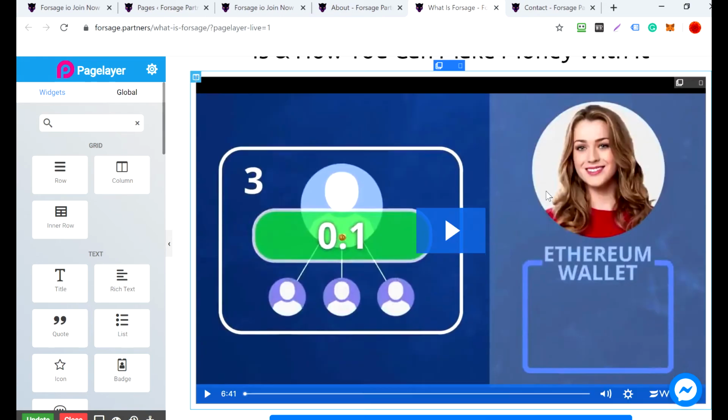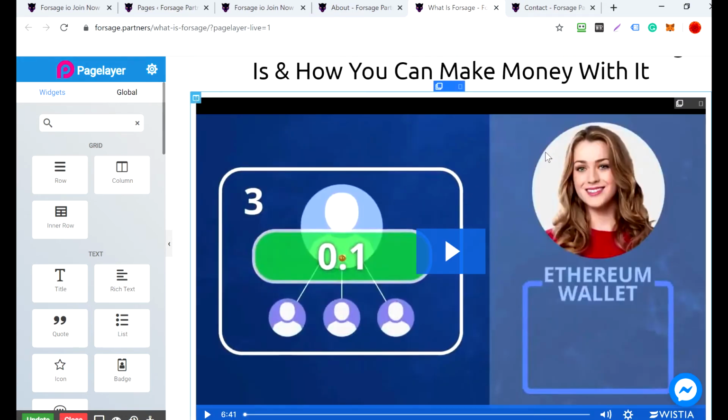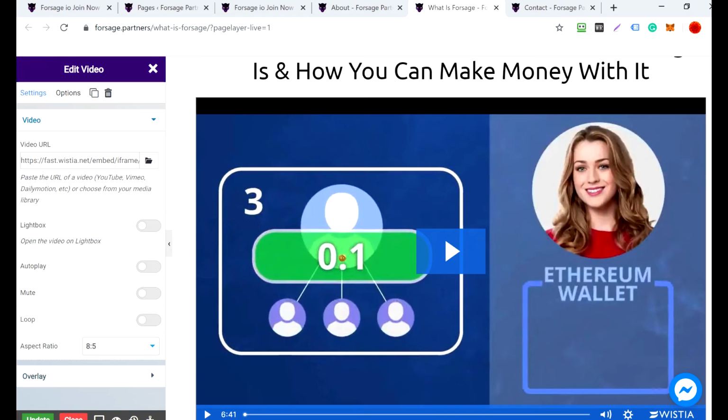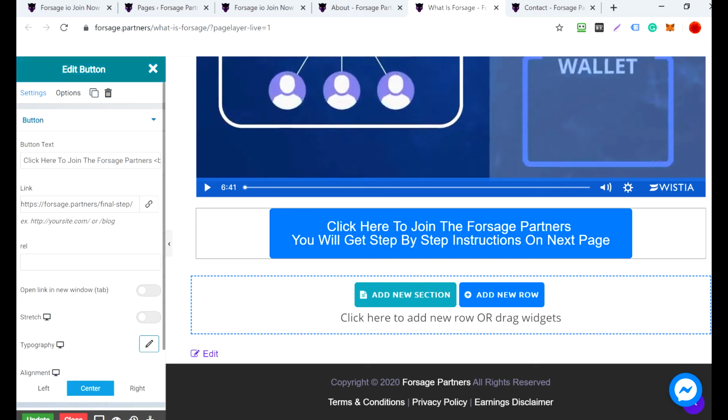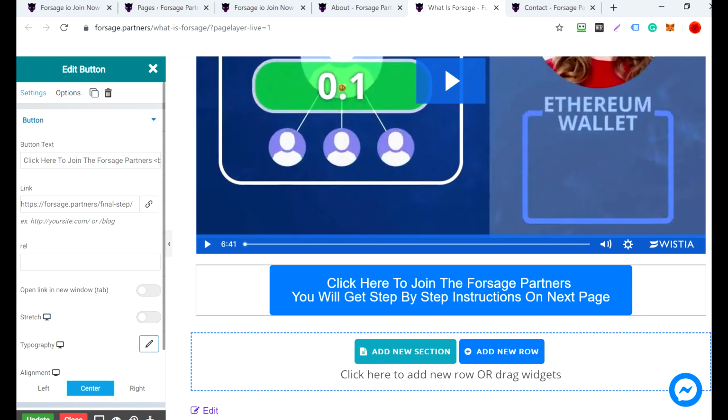If you wanted to make changes in this video, you wanted to replace this video, you can just go here and change the link of the YouTube video, or maybe the Vistia, or some other one which you prefer, the one which you like. Okay, if you want to make the changes in the text, just click on it. You have an option to edit it as well. Okay, if you wanted to make your link here, you can do it from here as well.